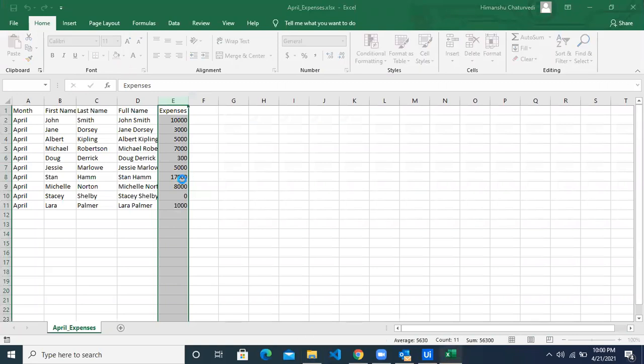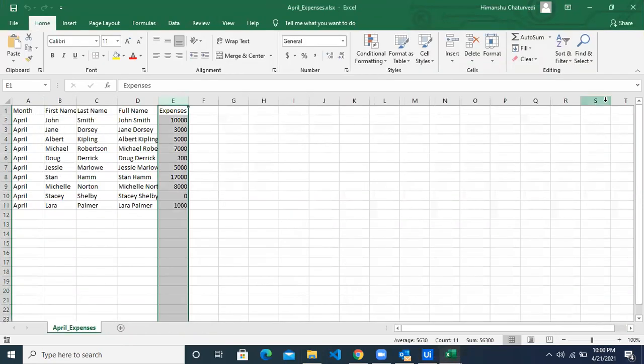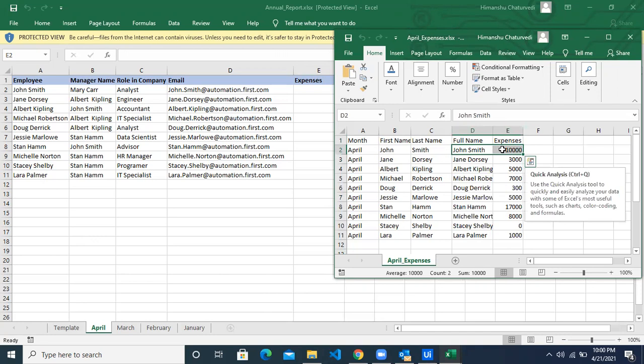Let me open the other file. I know it is a little bit confusing since the column names are almost the same. So there you go. Column A value is being looked up in columns D and E. Once it does the VLOOKUP, it will find the value. So this will be the data that you will get in the VLOOKUP.